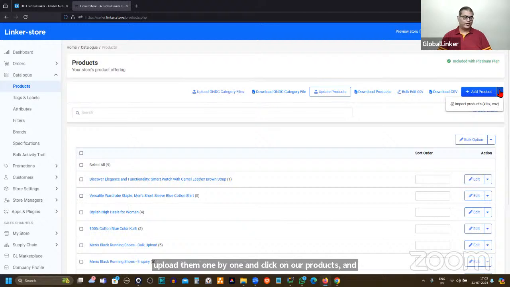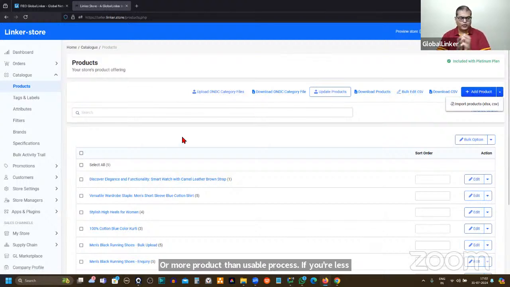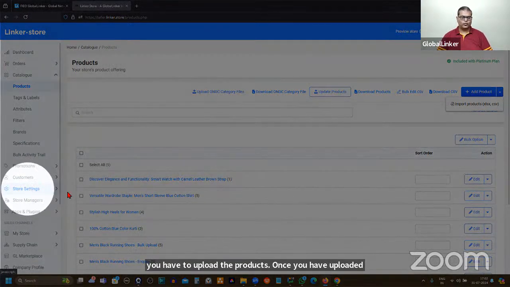Or if you have more than 10 products, so 10 products is sort of a thumb rule which I share with our participants or members. If you have more than 10 products, use a bulk process. If you have to upload less than 10 products, you can upload them one product at a time also, right? So if you have bulk or more products, use the bulk process. If you have fewer products, you can upload them one at a time. Once you have uploaded the products, then you have to go to this tab which says store settings,